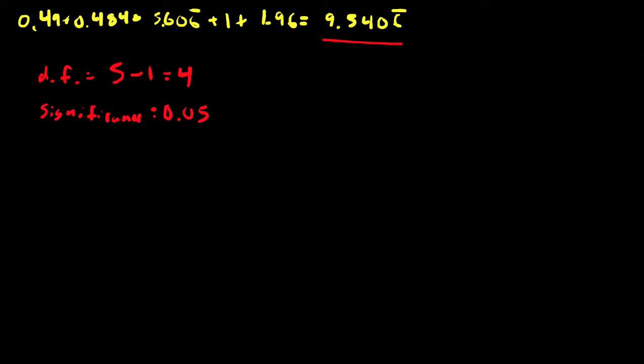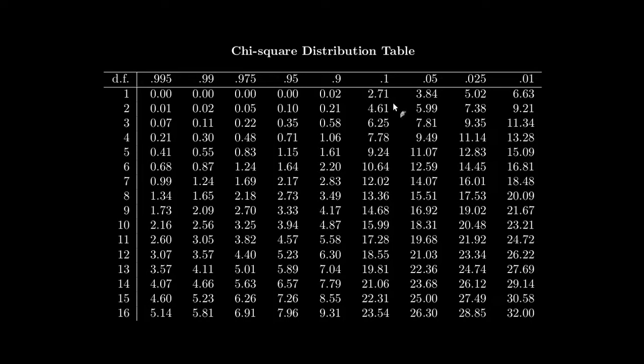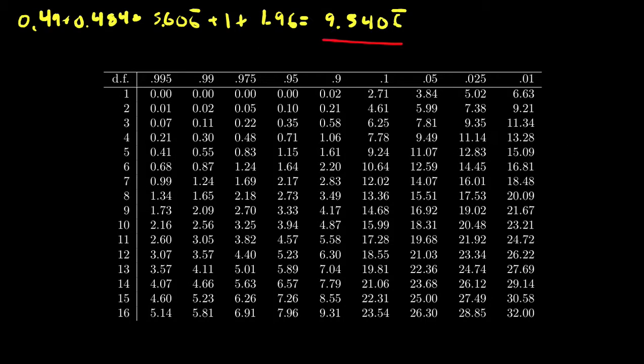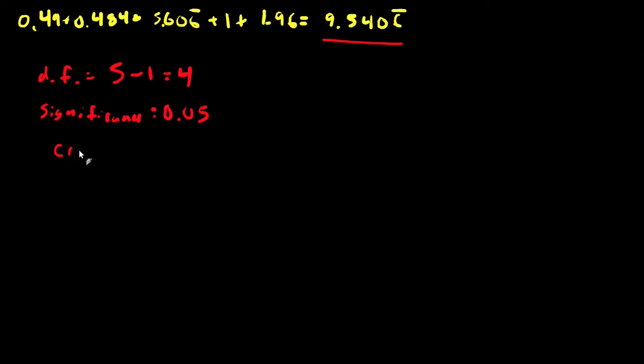And now I look at the table. So 4 degrees of freedom, 5% significance level, has a critical value of 9.49. So critical value 9.49. To wrap this all up,